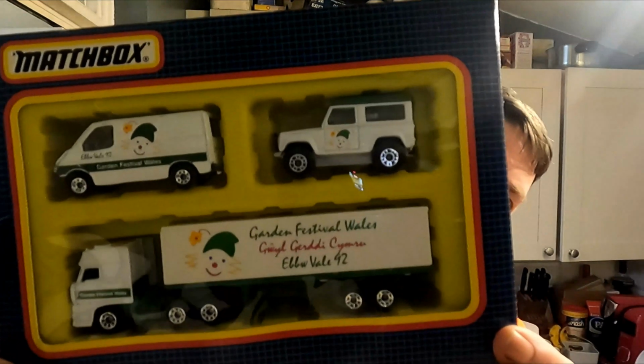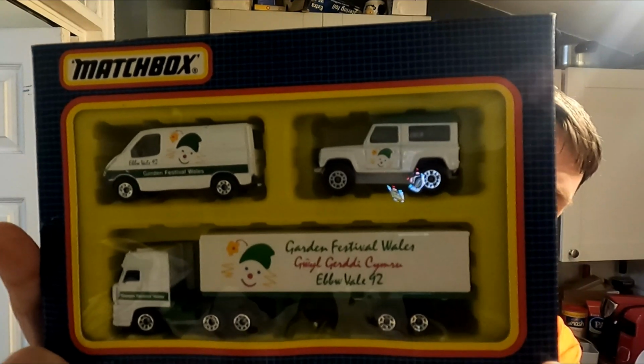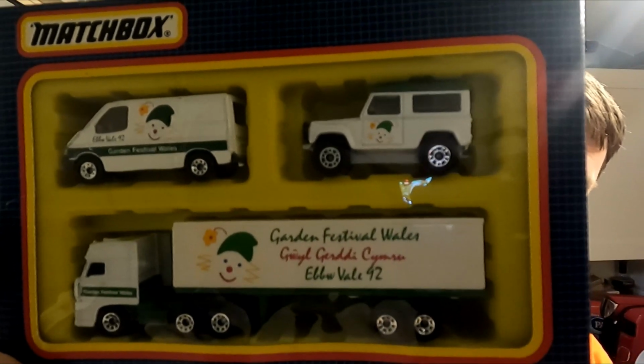We're going to take a look this morning at set MC-806. It was a limited edition production run commissioned by the local authorities in honour of this actual event which happened a few miles away. There's a bit of an interesting story behind it which I'll do a video on, but